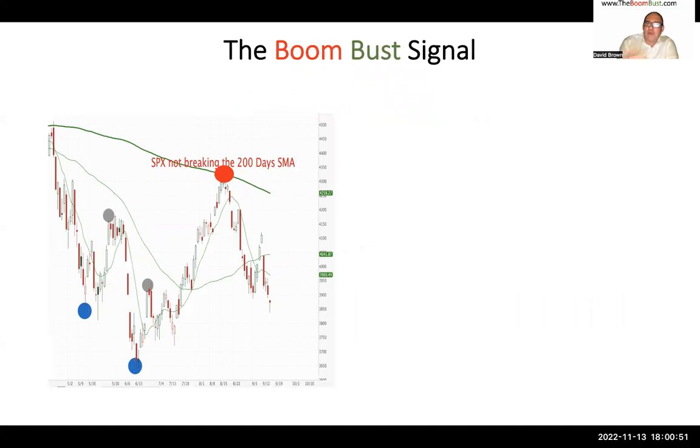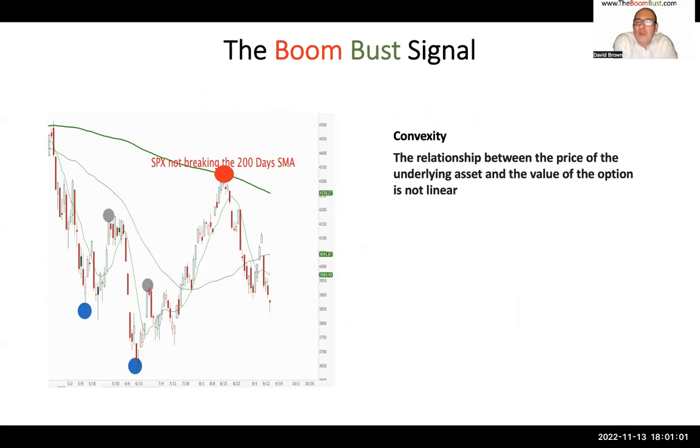So what happened? We all know the S&P dropped about 8-9% in just a few weeks. Although I wasn't sure when we bought the option how big the correction was going to be, nevertheless this option strategy would have allowed us to take advantage of the convexity, and therefore the non-linear relationship between the underlying price, I mean the S&P price, and the option value. So we would have seen an explosion of the premium and therefore a huge profit on the premium that we bought for